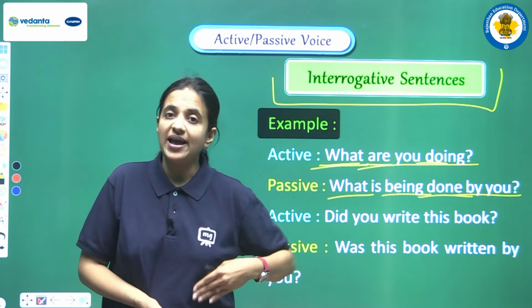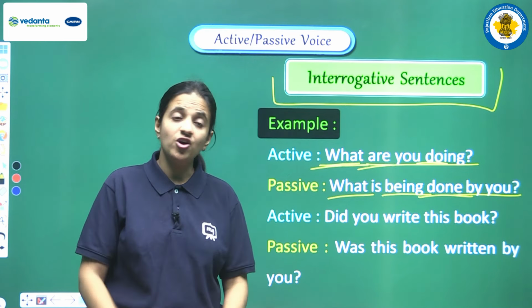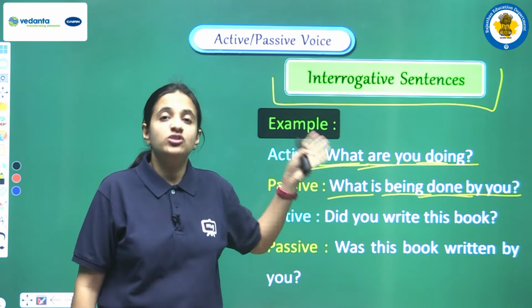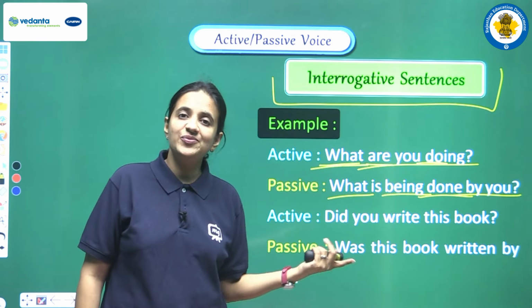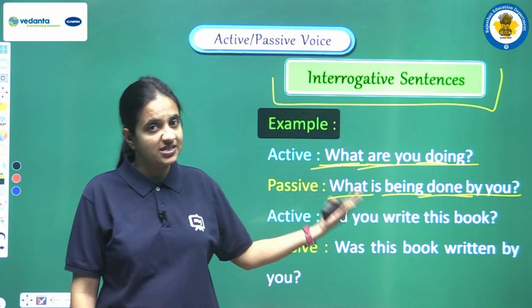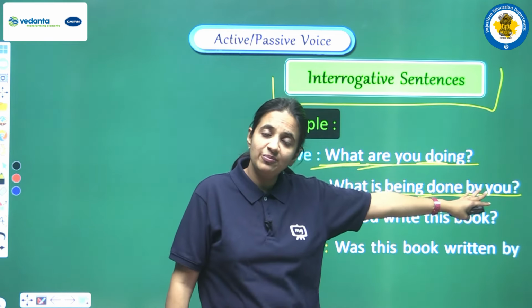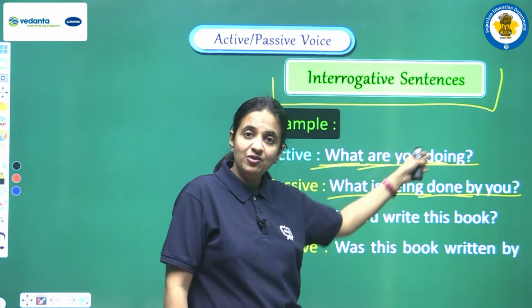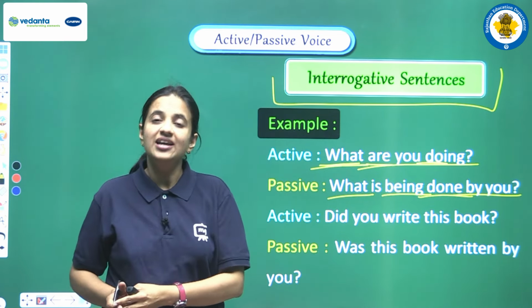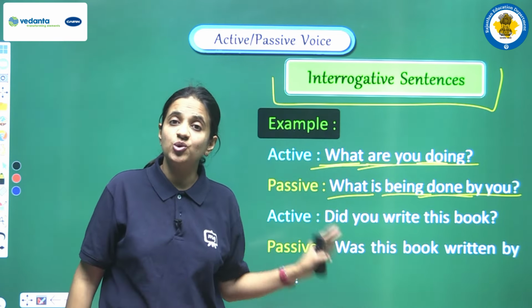So yes, the passive voice will also be interrogative only, and if we are having any WH word in the beginning of the sentence, the passive voice will also start with the same WH word. Okay, and the other rules will be the same. We have to use the third form of the main verb only, and you know, जो helping verb है उसमें भी हमें वैसे ही changes करने हैं जो हमने अभी तक करे हैं. Okay, there will be no change in these rules.